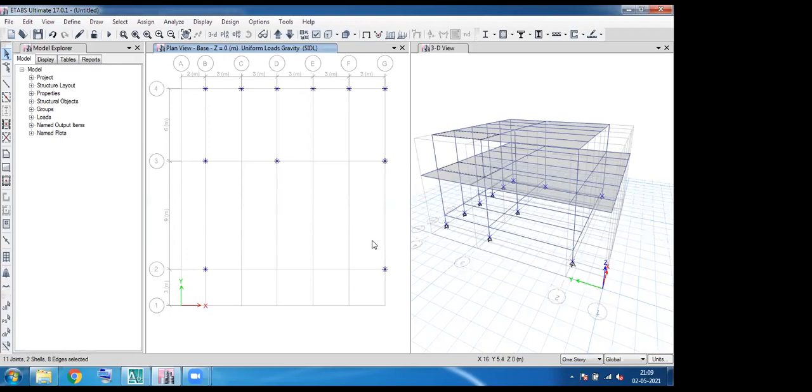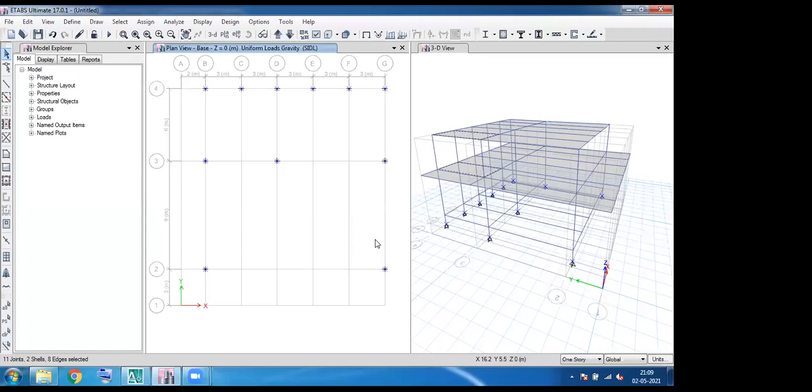The supports in a structure, the footing and the column, are integrated with each other, so we are going to give a fixed support. It is not a pinned support or roller support here. If the beam and the column are joined together, then it will be called a fixed support. Okay, because there is a development length between the beam and the column, as well as the column and the foundation. If you are providing any development length, then it will be considered a fixed support.